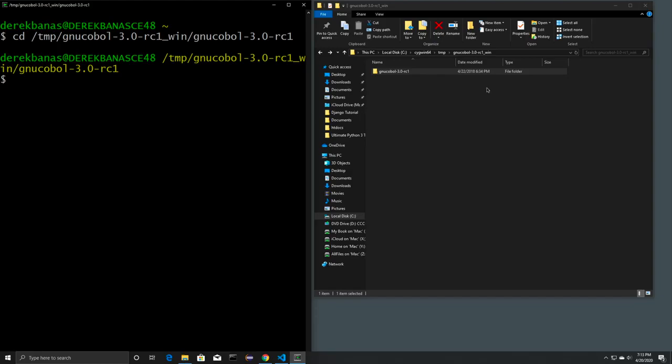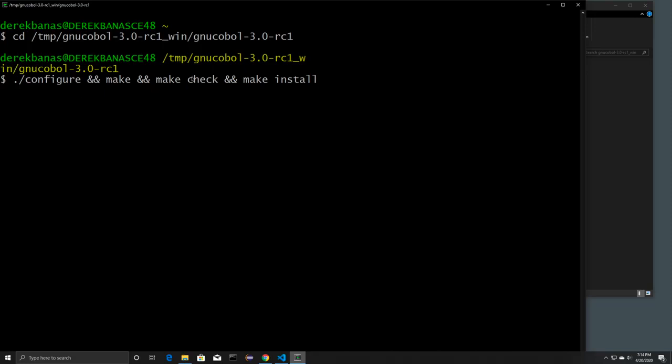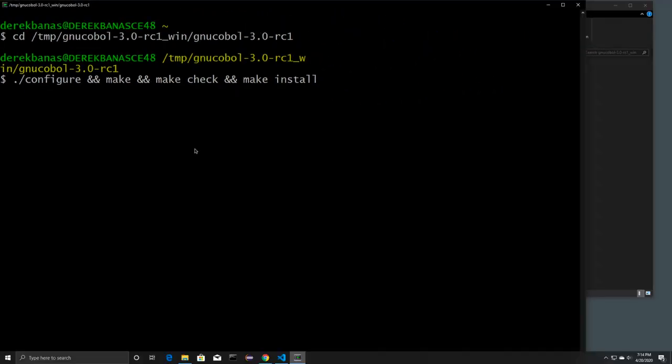Cygwin, of course, will be open, and you can see here is the directory inside of temp. And then what you're going to want to do is go to that temporary directory where you have that file located, and inside of Cygwin, type in ./configure and make check and make install, and then wait for it to